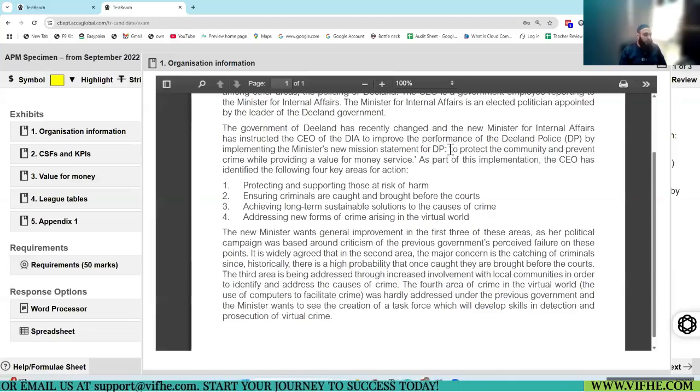mission statement for the police, and that mission statement is worth highlighting. This mission statement is to protect the community and prevent crime while providing a value for money service. As part of the implementation, the CEO has identified the following 4 key areas for action. Now, from here, the actual scenario begins. From here, the story begins, and that is what they have done. They started with the revised mission, and what they have done,